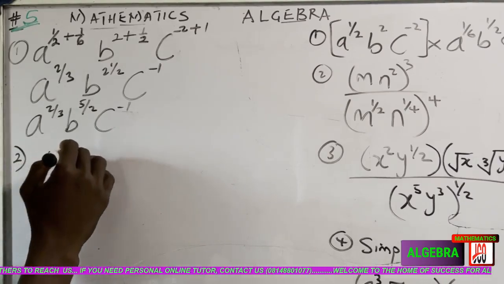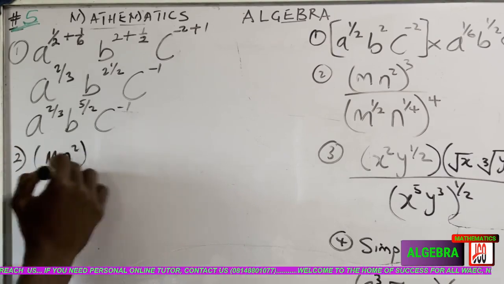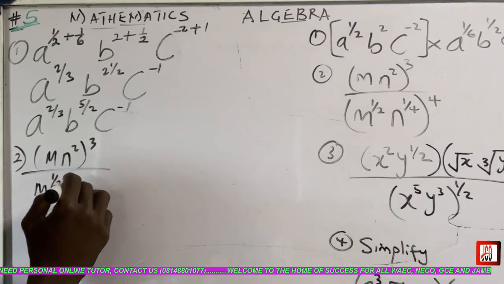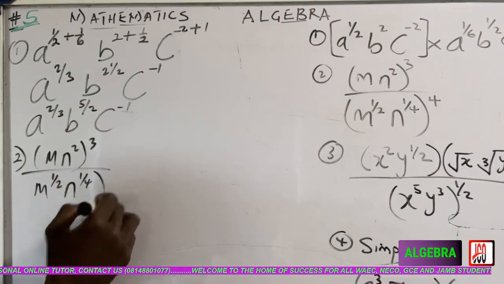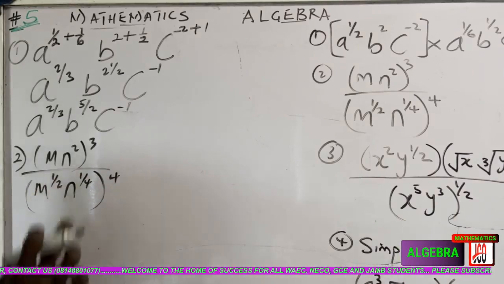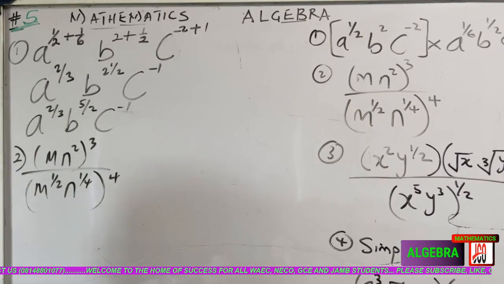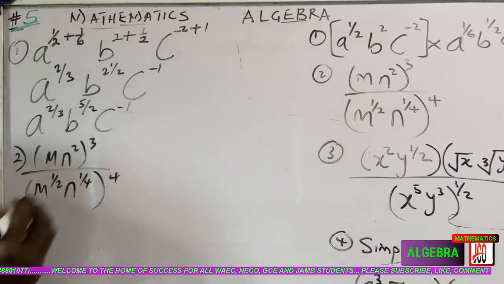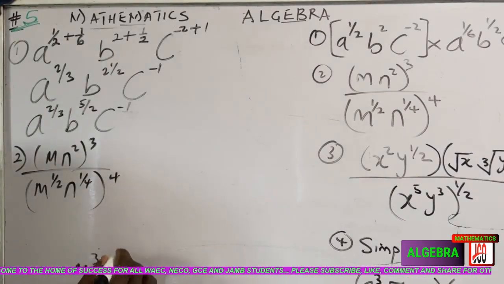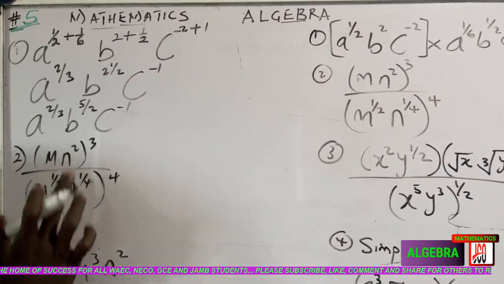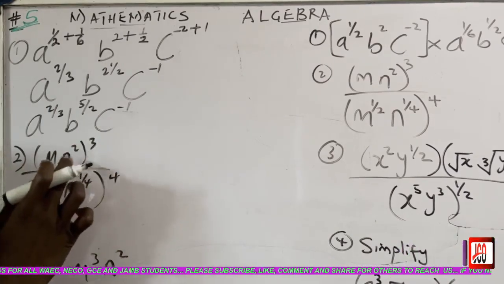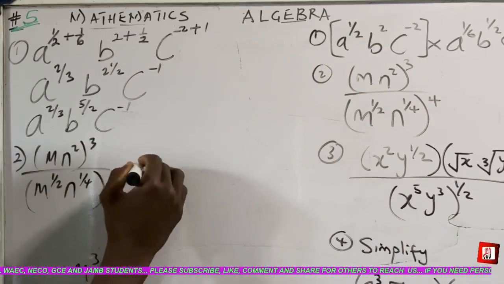m n square raised to power 3 all over m raised to power half n raised to power 1 over 4, everything raised to power 4. Take note, the guy in the bracket, it is everything that is raised to power 3. If I said m raised to power 3, n raised to power 2 is different from this. This is simply saying this m is raised to power 3, and this n raised to power 2 is raised to power 3. So this gives me